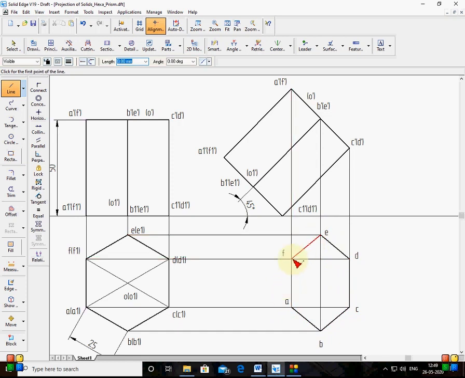Okay, this is next. Project the remaining points. Just project them, and don't think about other points. Now this is F, I'll take this side. A, I'll take this side.